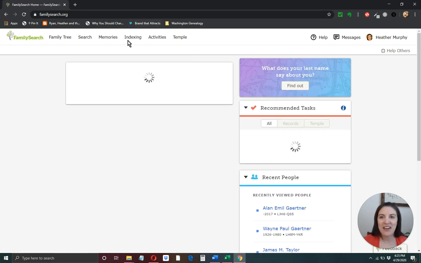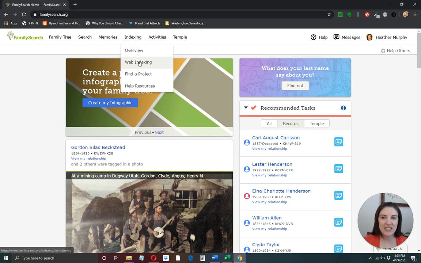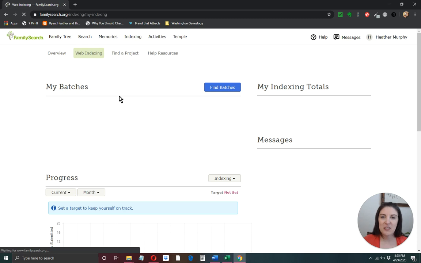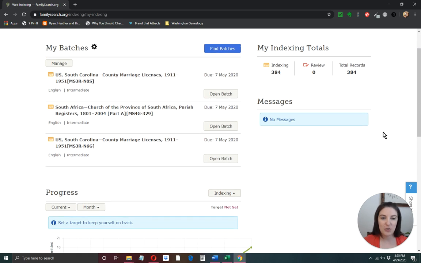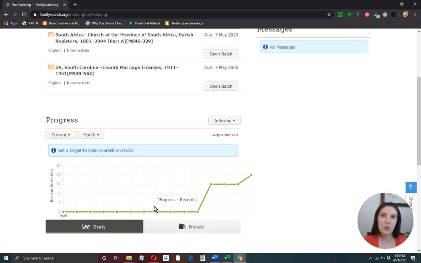Now up at the top you have indexing. You'll click there and then web indexing. And this will pull up your little home screen for your indexing. You have your batches, any projects that you have started on that you haven't submitted yet, your total records of indexing that you've done, and a little graph that shows your progress that you've made in the last month or the last year. And you can set target goals if you'd like to be able to index so many records